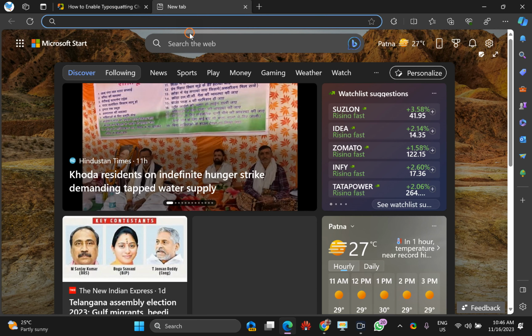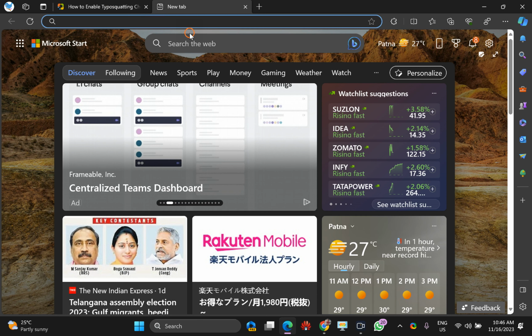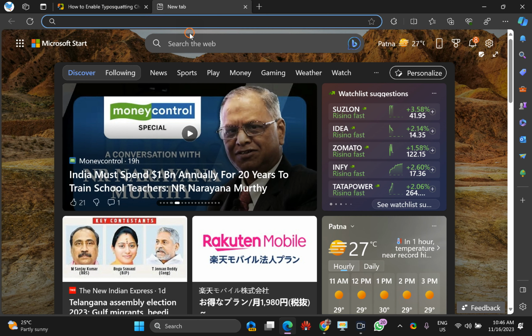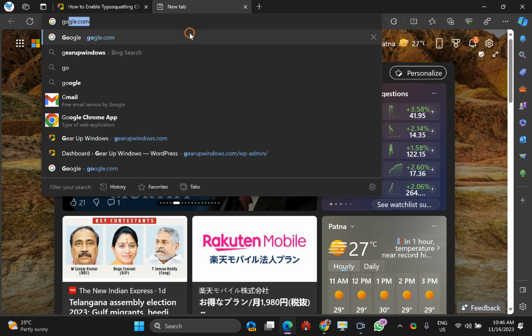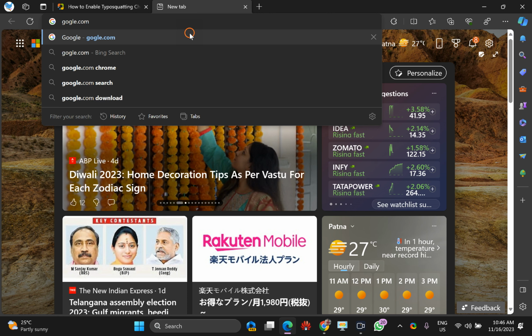redirect to the correct page when you try to open some website by entering a wrong URL, such as I want to open google.com and I just typed google.com with a typing mistake.